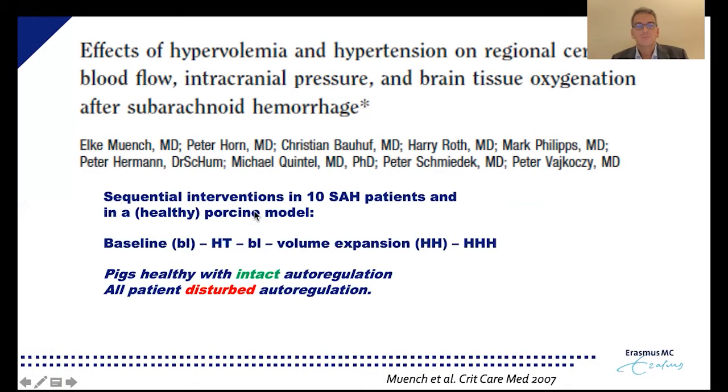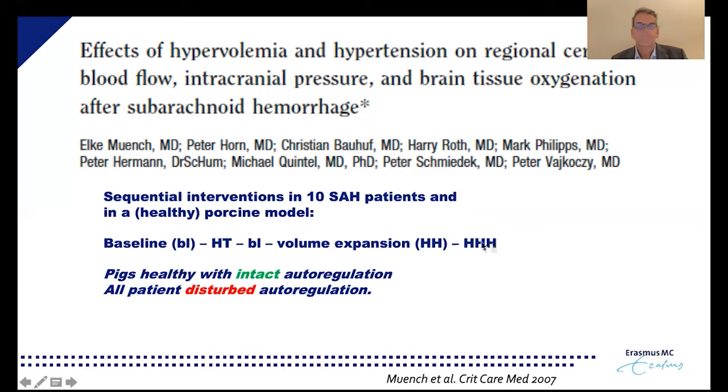The pigs did not have a subarachnoid hemorrhage, and they did measurements within subjects. Also in these 10 patients, they took baseline measures of cerebral blood flow and cerebral oxygenation after induction of hypertension. Then back to baseline, then they did volume expansion, or hypervolemia hemodilution,